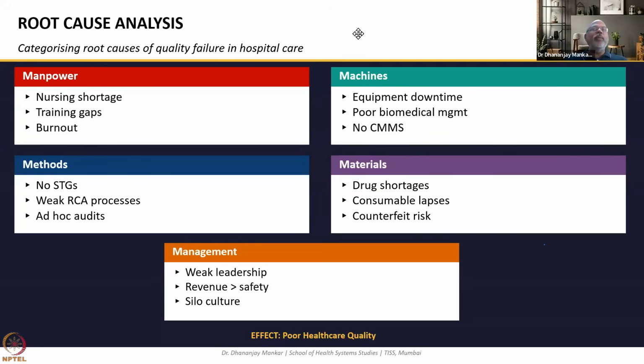In terms of improving the processes, and giving more reasons for how you can improve, it has been seen that there are no standard treatment guidelines, so you have to make sure that you make the standard treatment guidelines. The weak RCA processes which were pointed out in the previous slides actually have to be improved, and those improvements will slowly give you more chances of improving the health outcome, and indirectly your quality management problems will be solved.